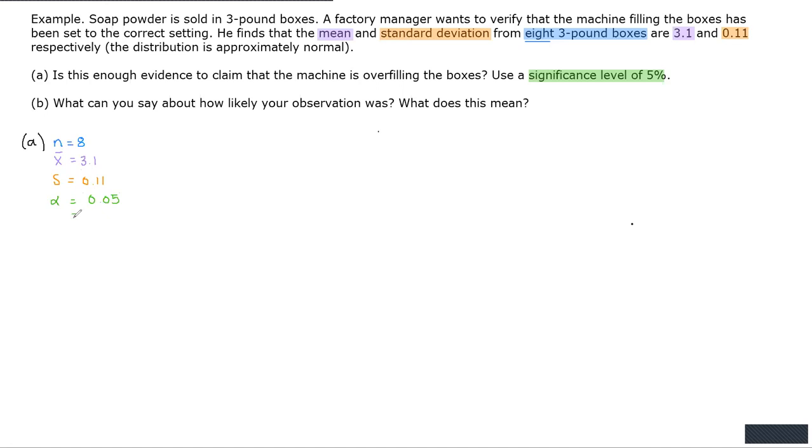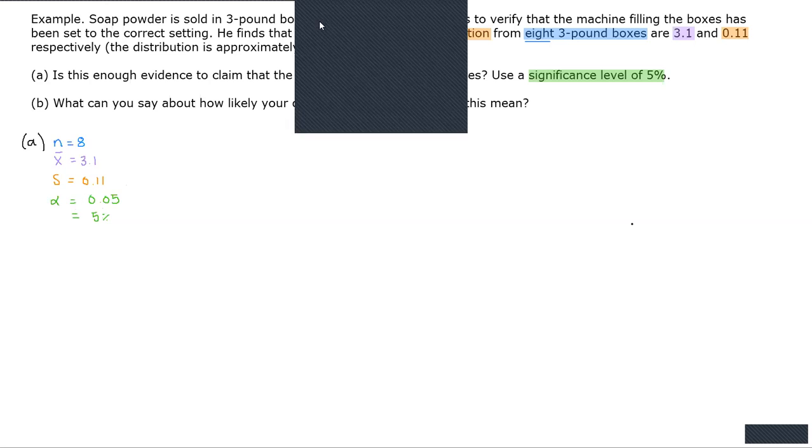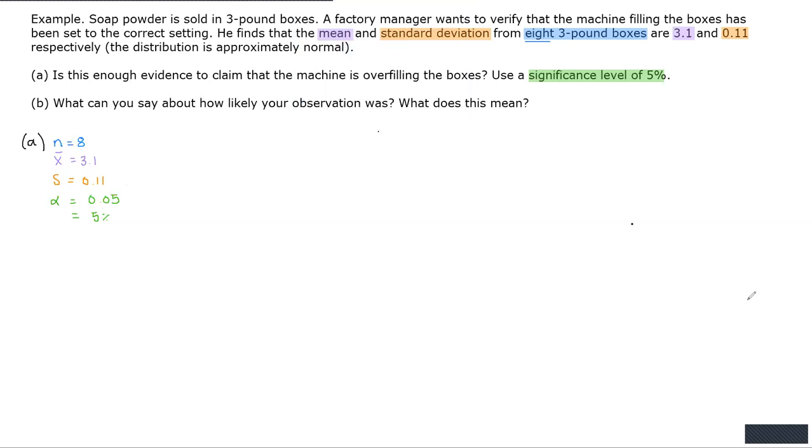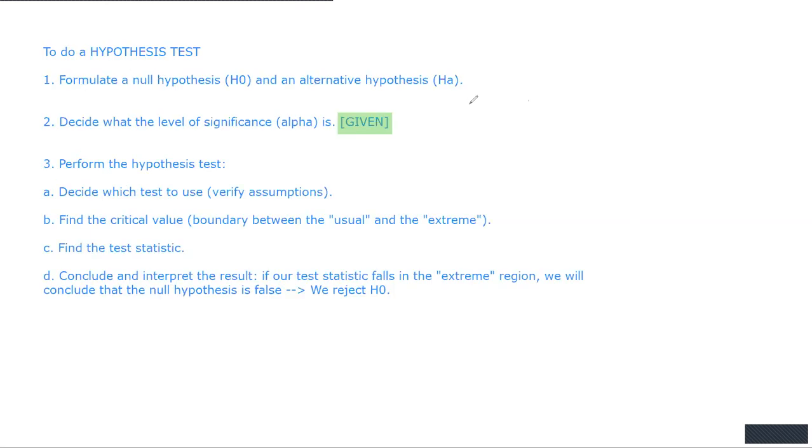Or you can also write this as 5%. Both of those ways work. Okay? So here's our list of information, and now we're going to have to follow the steps to do the hypothesis test. So the first thing that we need to determine is the null hypothesis and the alternative